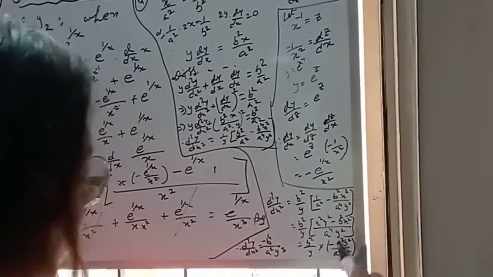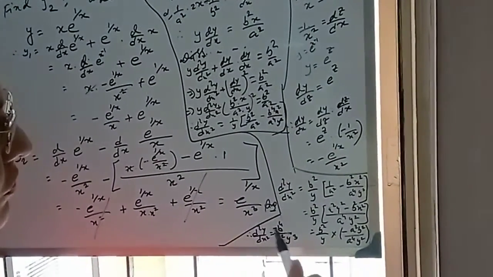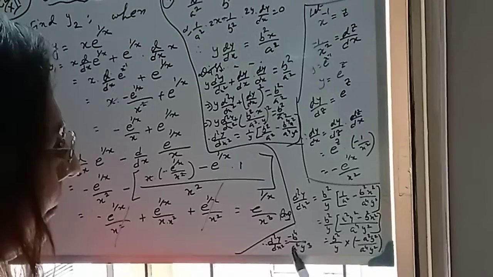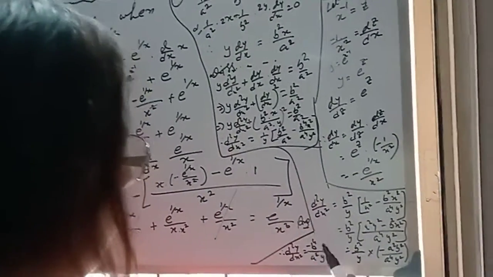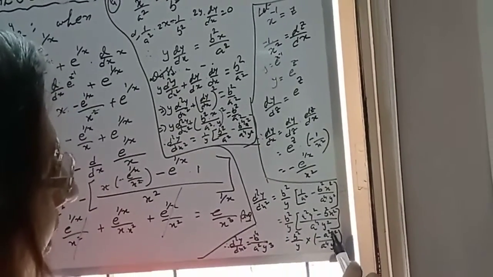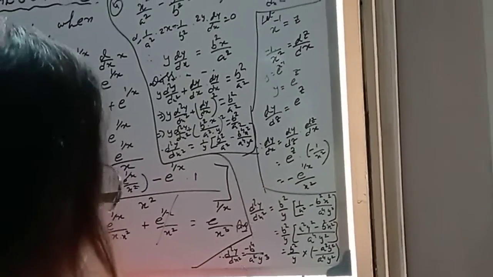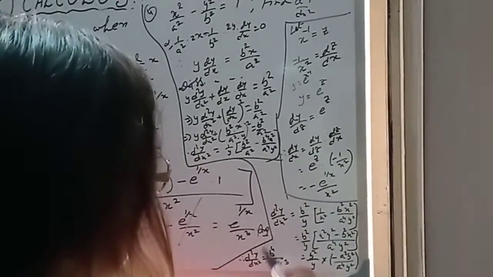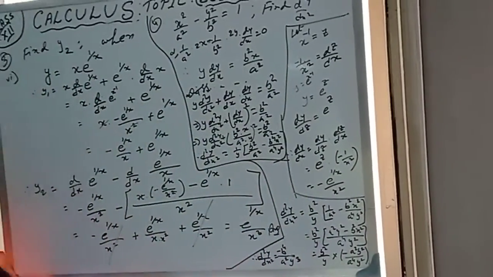Let's do this cancellation part. Then what we will get? d2y/dx2 is equal to minus b to the power 4 by a square y cube, as the a square in the numerator and denominator cancels out of a to the power 4, so it's coming only a square. So d2y/dx2 is equal to minus b to the power 4 by a square y cube. This is the answer for this question.